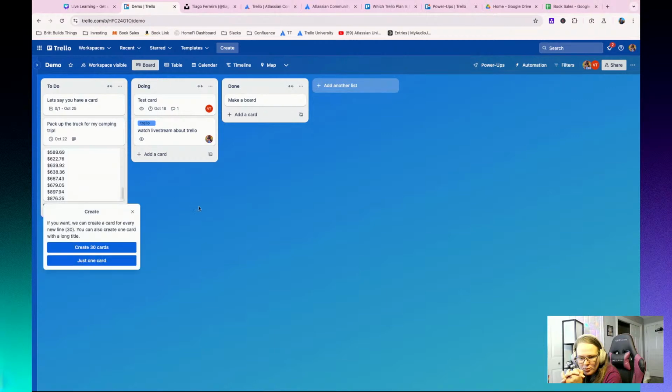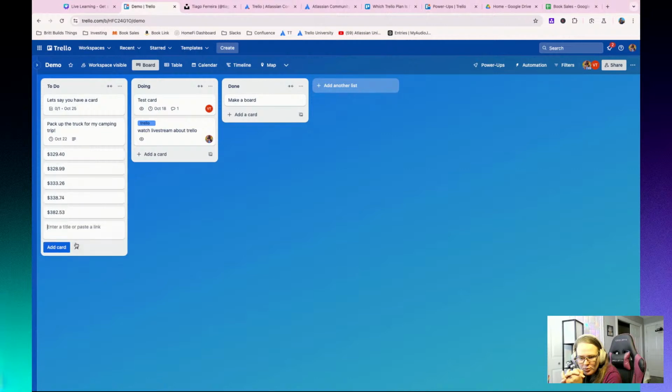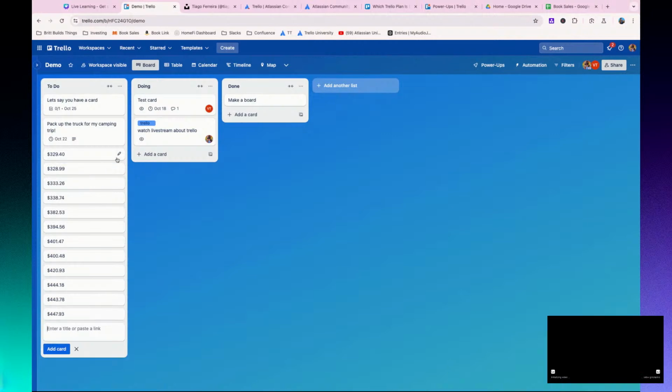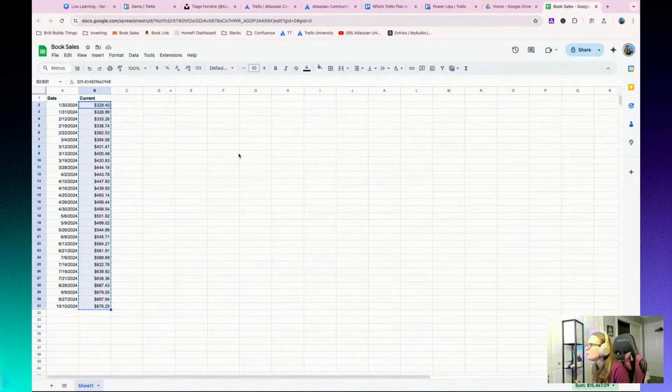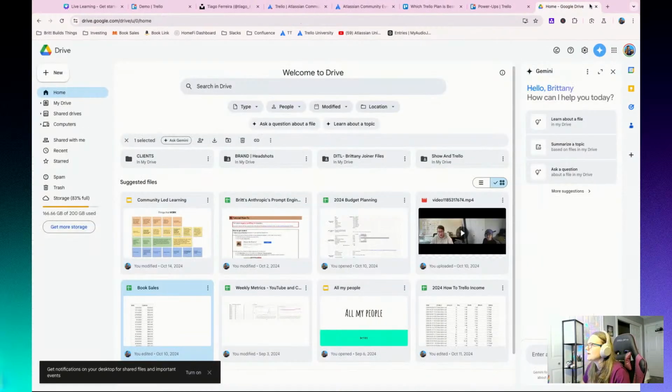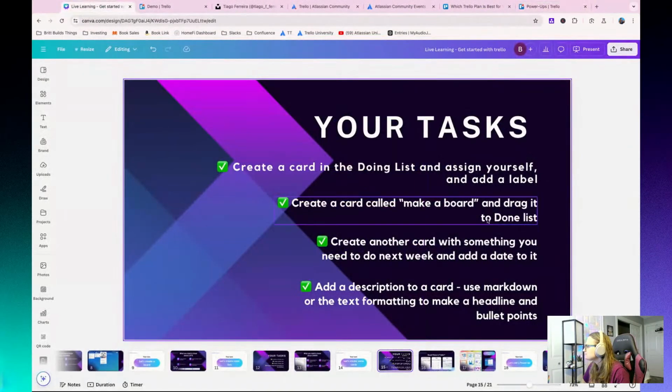And when you hit enter, Trello will ask if you want to create 30 cards or just one card. And so it can make all of the different cards based on what those are. So that could be helpful, but that's not going to help if you want to map a bunch of other things that are in the row, which I assume is probably more what you want to do. And that's where I would probably end up using a power up. But just throwing that out there in case that actually is helpful for you.